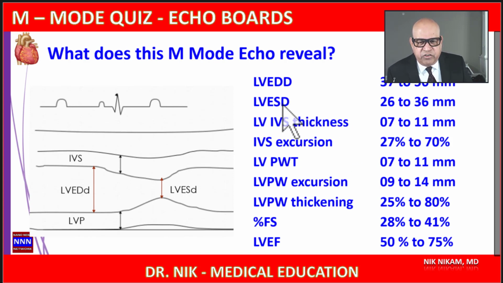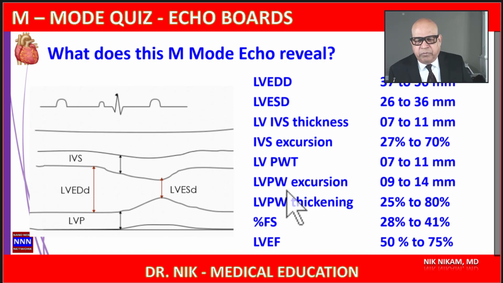Left ventricular end systolic dimension is 26 to 36 millimeters, and this is an index of how well the ventricle is able to contract, and is also an indirect reflection of the left ventricular fractional shortening and ejection fraction. The normal interventricular septal thickness should be less than 1.1 centimeter. The interventricular excursion should be between 25 to 70%, and the posterior wall thickness also should be less than 1.1